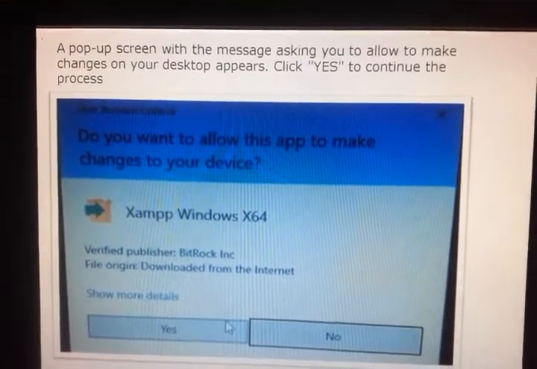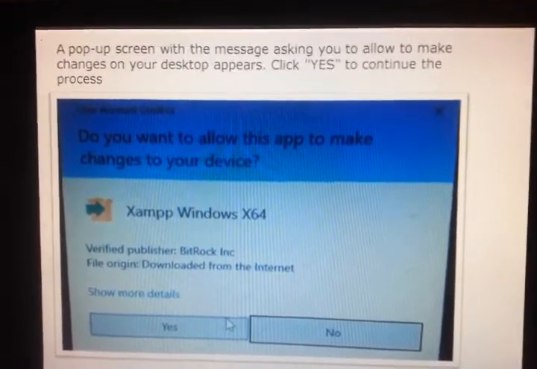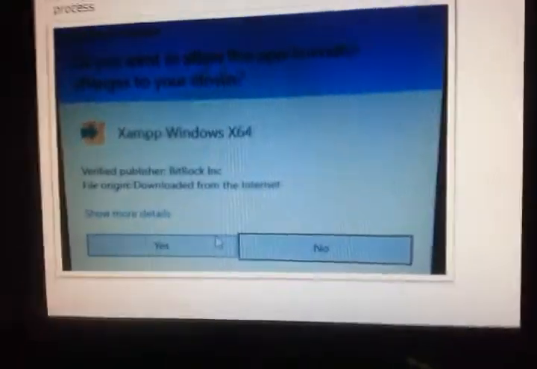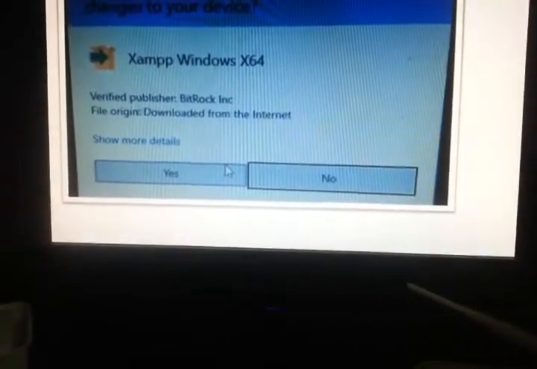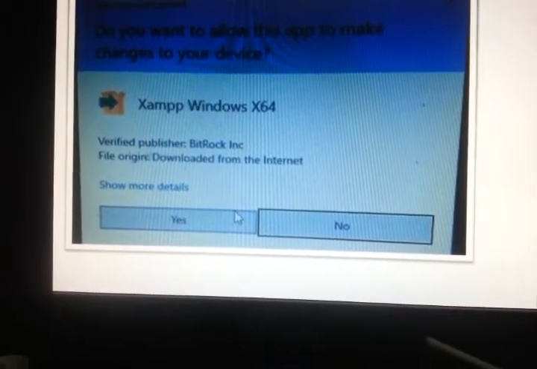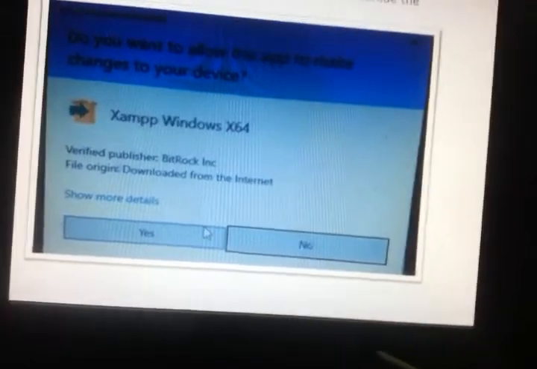Do you want to allow this to make changes to your device? So when this particular screen comes, you have to click yes, and then you have to proceed.